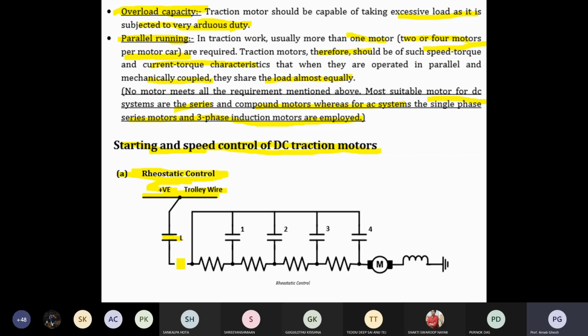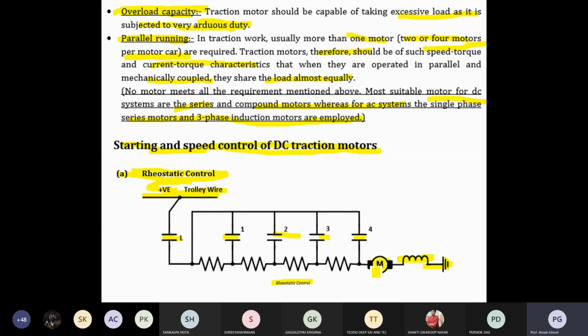Okay, contactors are there. So you can see that the DC positive is coming directly. The motor's starting torque is very high, so it always has series resistance. Four series resistances are there, that is called rheostatic control, and that is in series with the field of the motor, connected through the wheel, so it is zero ground. So contactors are there, 1, 2, 3, 4, so individually you can cut them. Initially there is a high starting current, so all the current may be in series.